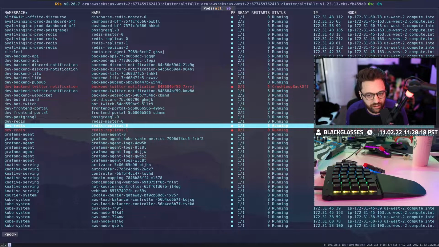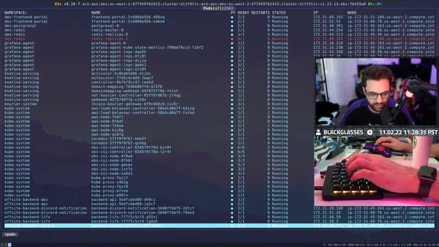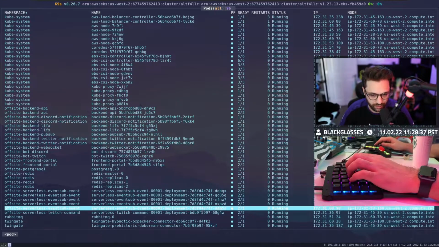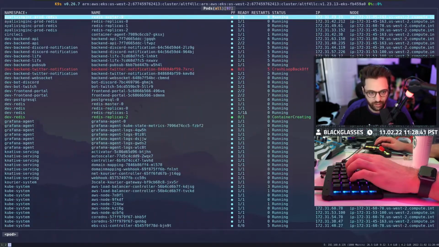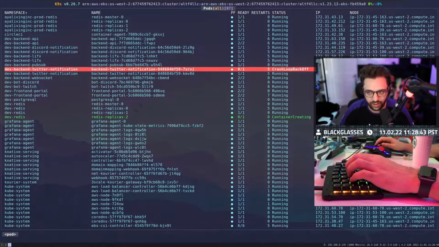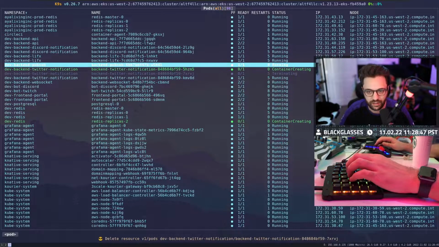Probably the best decision in the deletions that I made was just deleting the crons, more than likely just because they weren't as vital. But everything else should have been able to pretty easily reconcile once the cluster was able to regain state. And you can see, look, now we're all good. Everything's back to normal now, except for this last replica and this notification thing, which if we wanted to, we could probably just kick and get a new one.